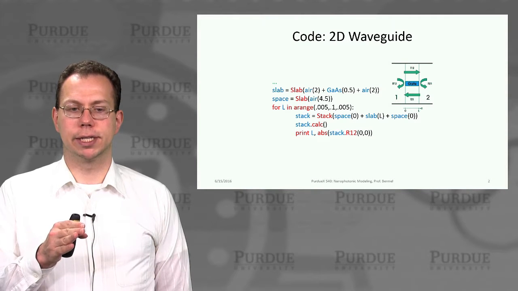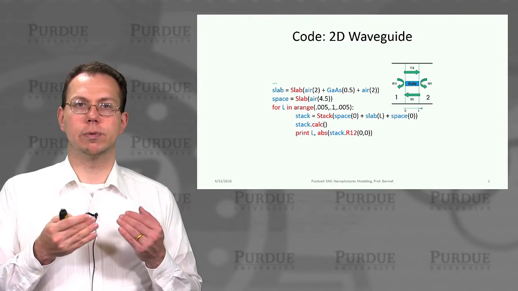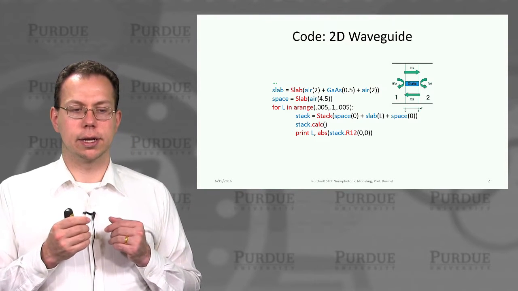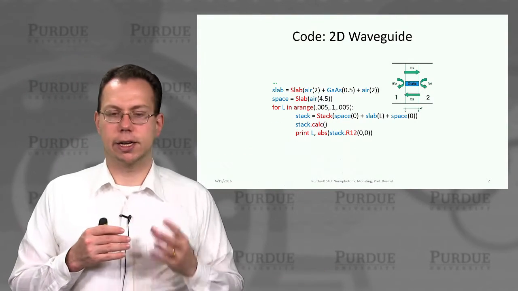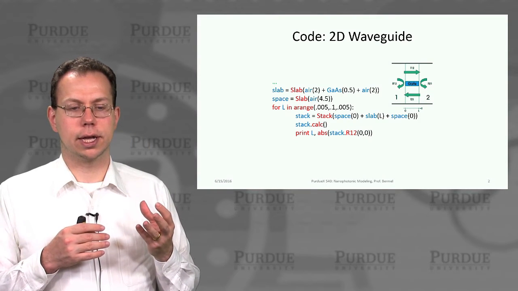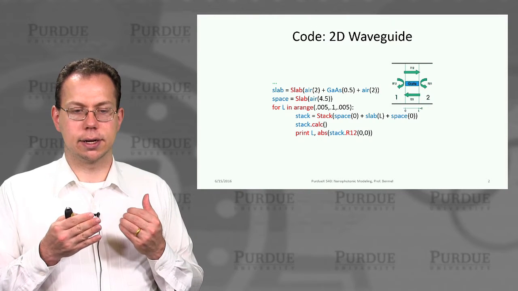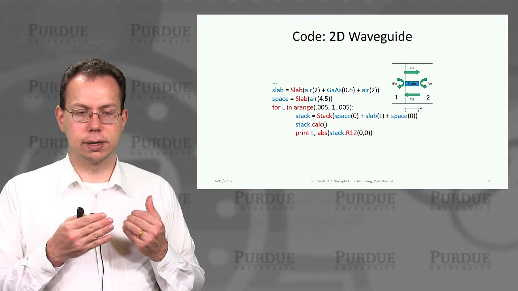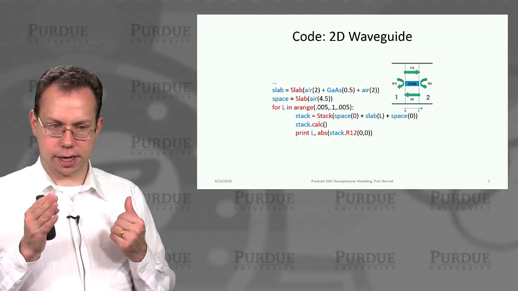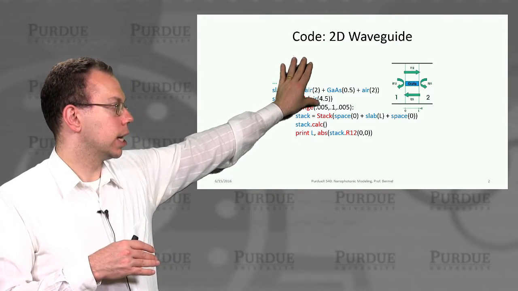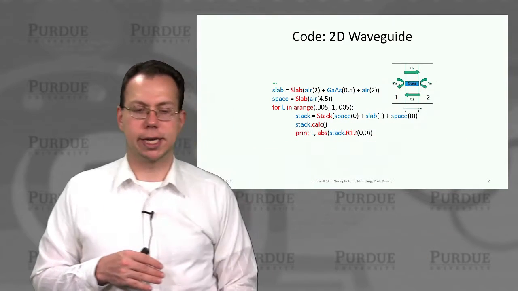1D waveguide performance. Now we're going to actually look at what we'll call a 2D waveguide, where basically it's a waveguide with a finite length. Okay, and so this formulation for our waveguide in 1D is almost identical to what we had earlier. But then we're also going to insist that we have a spatial region on either side that has air. It has a total thickness of 4.5, okay? And this is essentially going to be semi-infinite on this side and then on the far right side, okay?